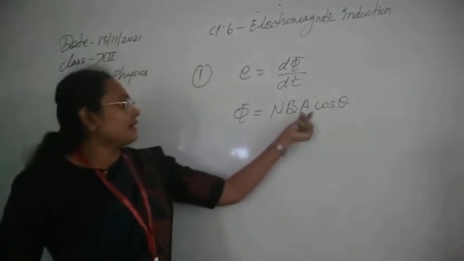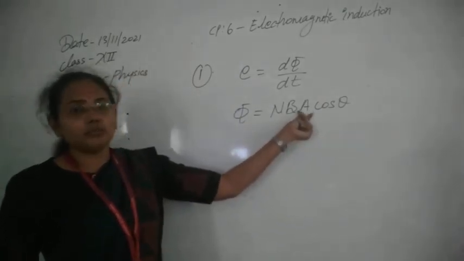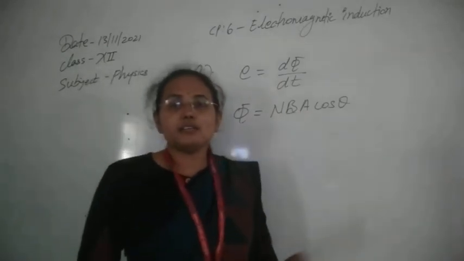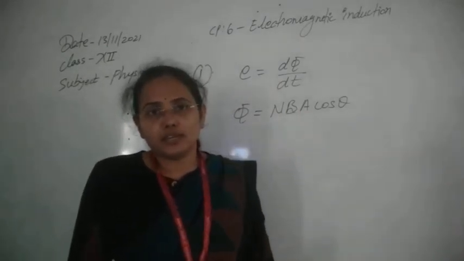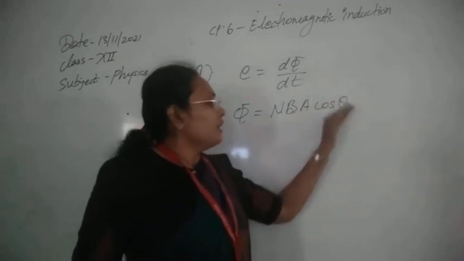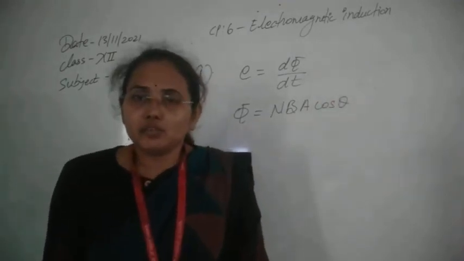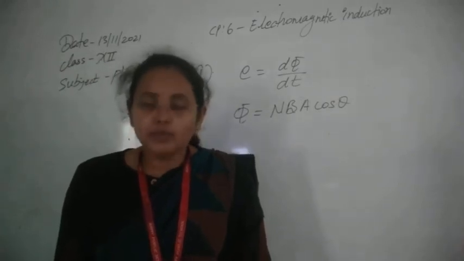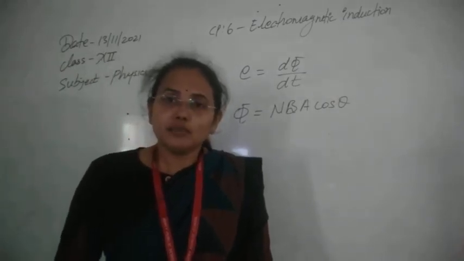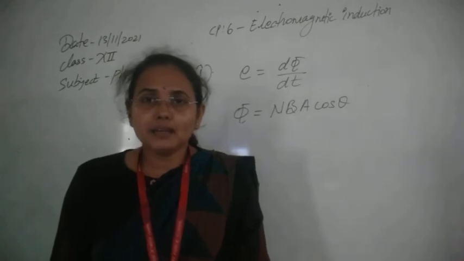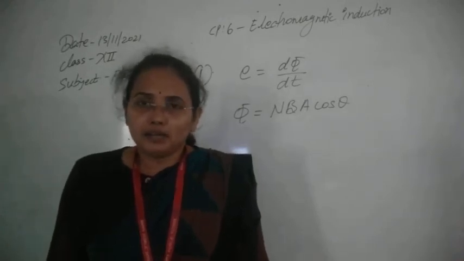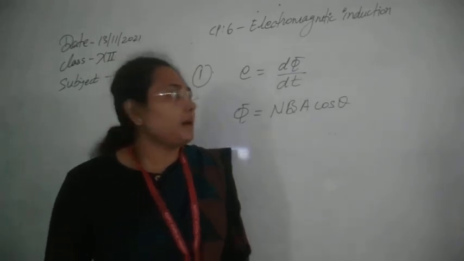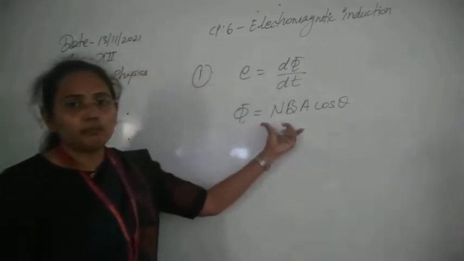The third factor that can change the value of induced EMF is the area of the coil. If the area of the coil starts to change, then that will also change the value of induced EMF. Suppose we start to rotate the coil, meaning the orientation starts to change, then that time also induced EMF will be produced. So there you can see, basically 4 methods are here to produce the induced EMF by using the magnetic flux concept. So it depends completely on the magnetic flux change.